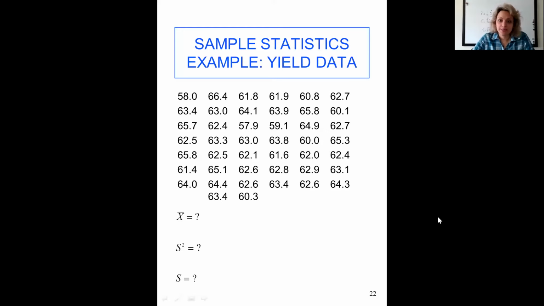So let's look at an example. We have these data points. These are, let's say, yield data. And we want to find out X bar, S2, and S, meaning we want to find out the sample mean, sample variance, and sample standard deviation. So what we are going to do is that